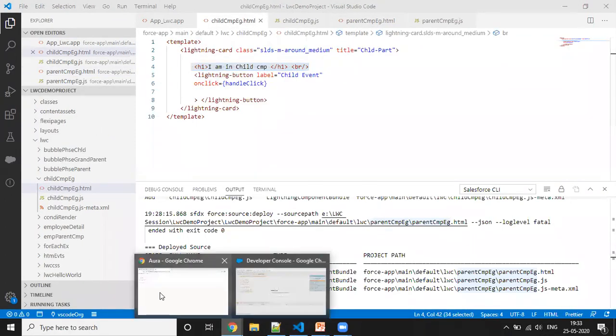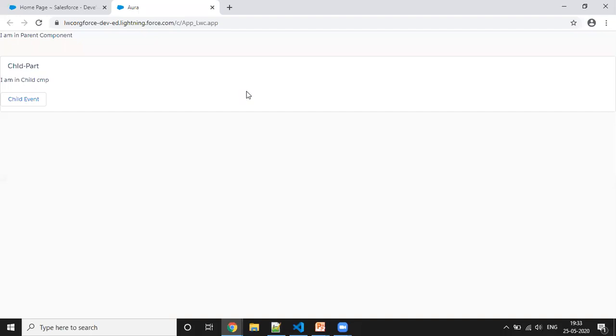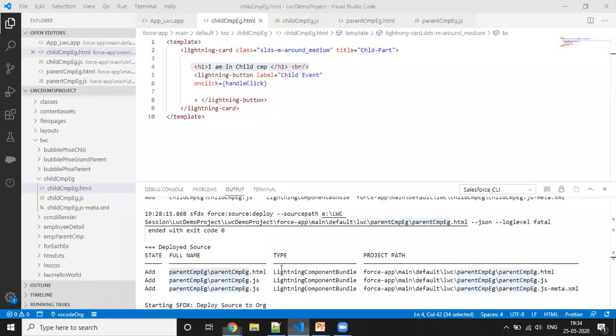So let's see here. This is the lightning card we have displayed, child parent, and then here I'm displaying I'm in a child component. The button that I have defined is on this child component.